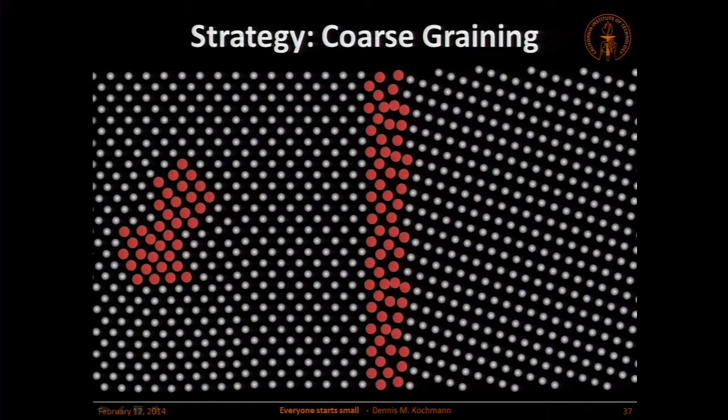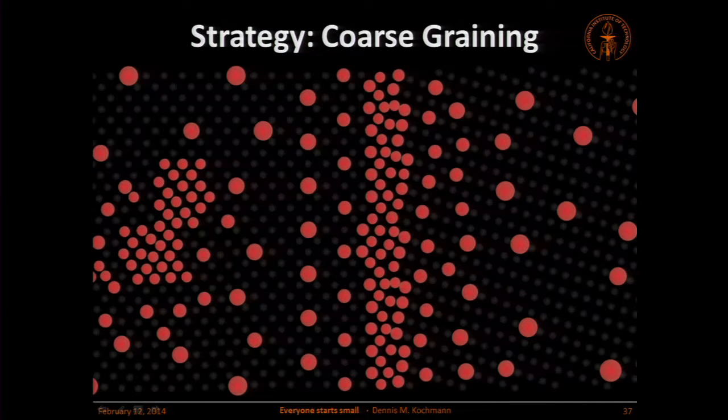Now, close to these defects, we might need all the atoms, because these might be moving, they have strange neighbors, and so forth. But all the other atoms, the gray ones, they look all the same. They all have the same neighborhood. So why don't we do the following? We have general elections, and we elect representatives, the red ones. We call them the representative atoms. And these now speak for their neighbors. They get a weight, and the weight depends on how many gray atoms you speak for.